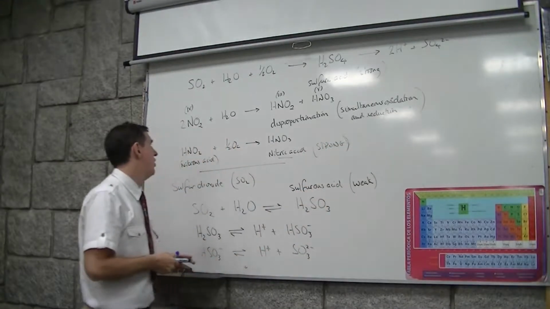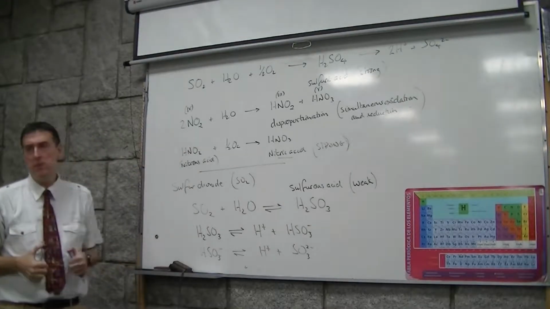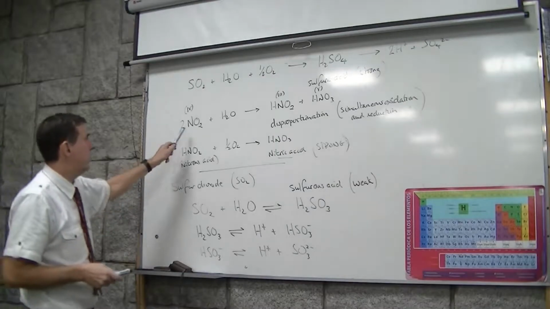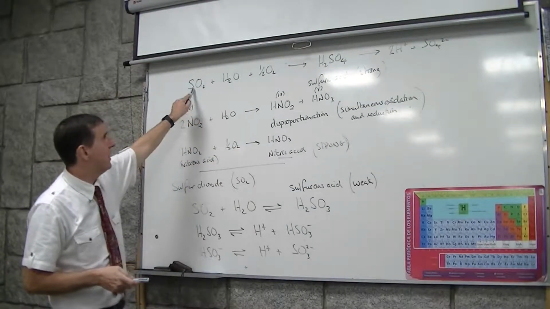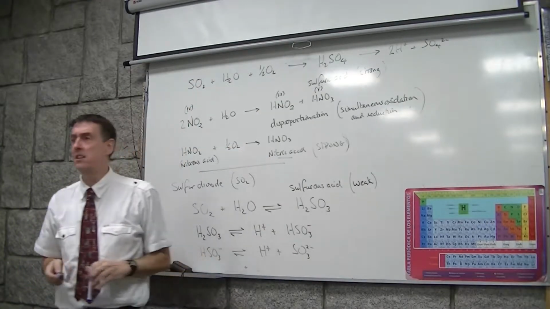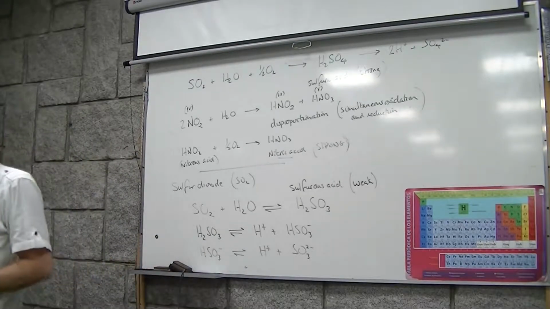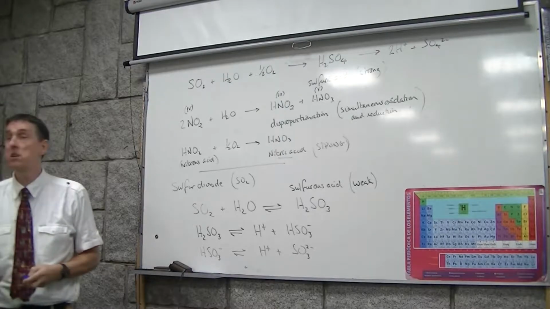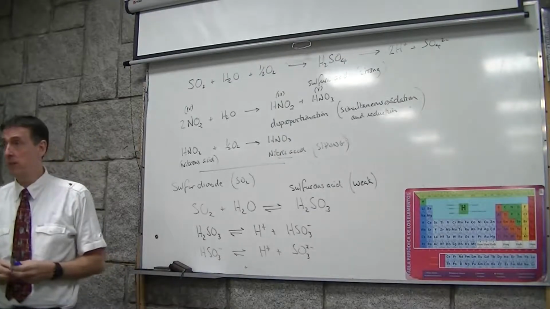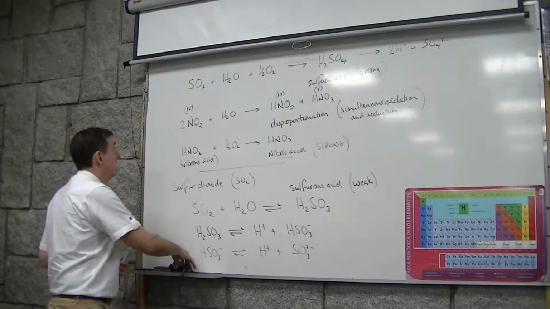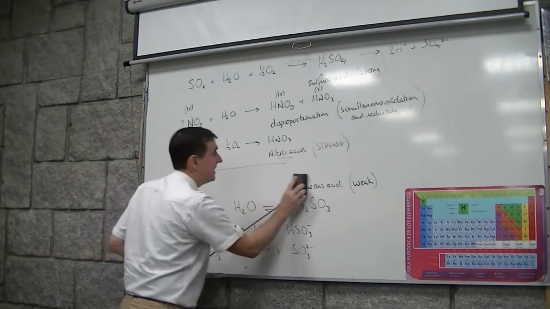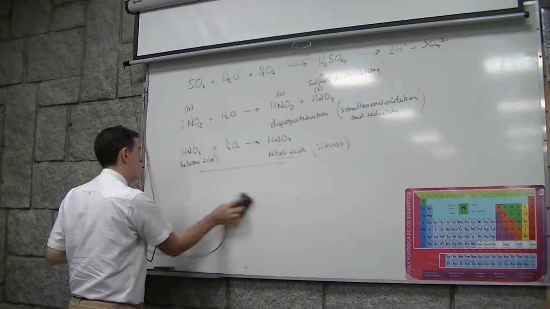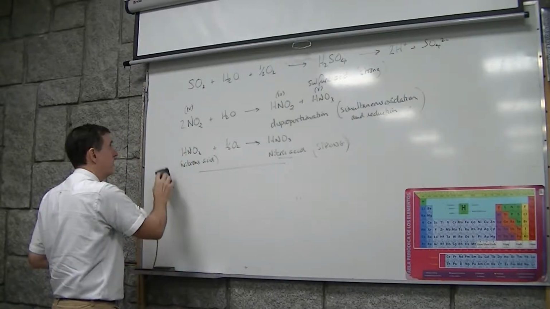So our nitrogen oxides, which I've chosen to represent by NO2, can produce strong acid. Sulfur dioxide can produce strong acid. And so these two strong acids are the real contributors to acid deposition. So the next question is, how do they get into the atmosphere? Well, we've said there's two sources, natural sources and man-made sources.